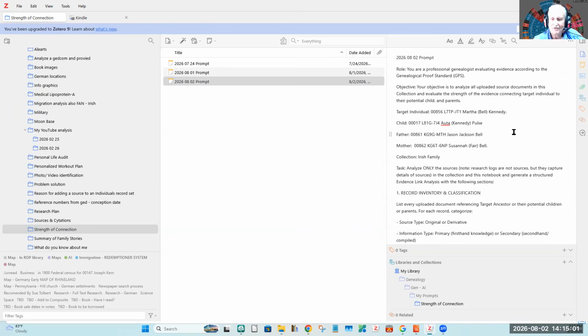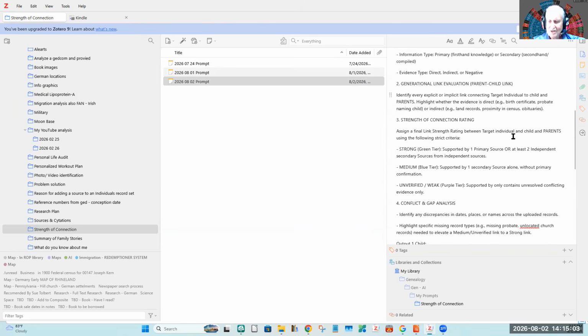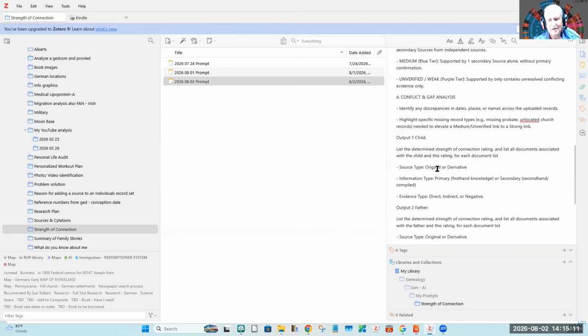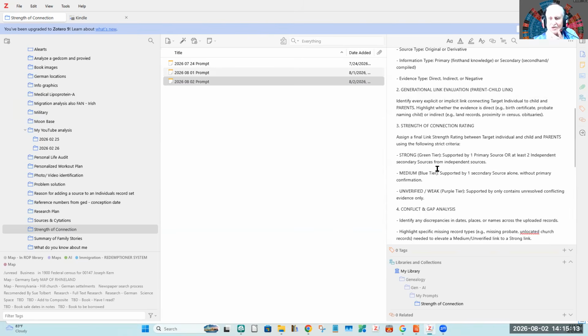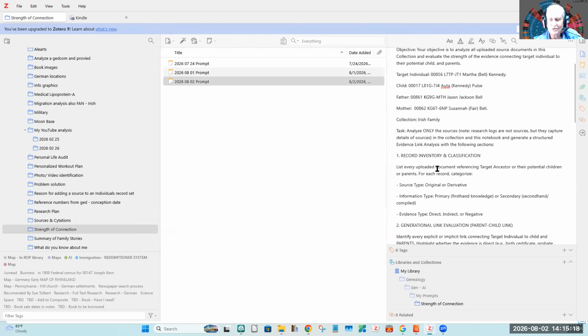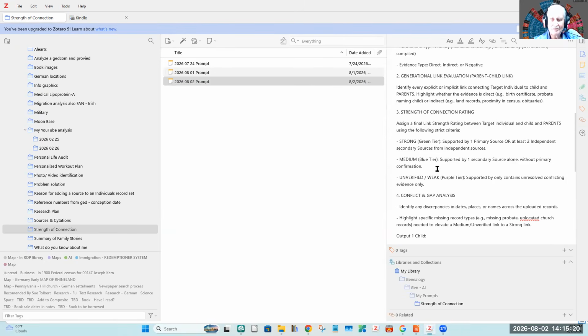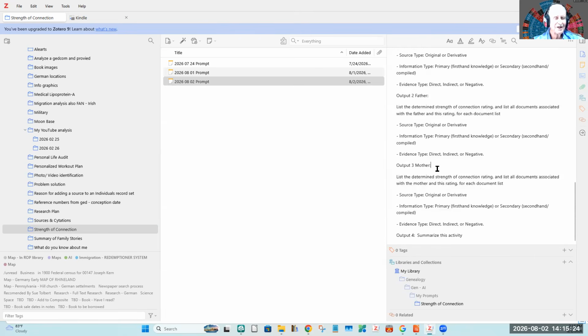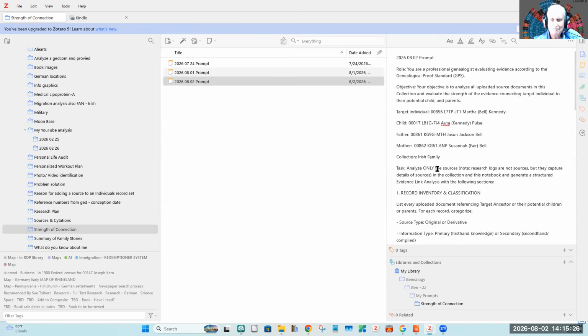I've changed a few things, and one of them is I want to summarize this activity down here. And I've broken out the outputs to be clearer, because for one reason or another it just didn't seem to be clear to Gemini all the time. My AI, Gemini, didn't seem to have everything that needed to be there. So this is the prompt we'll be using.